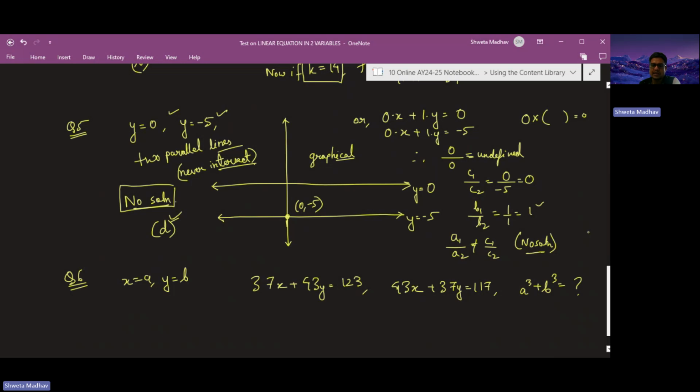So once we can add and once we can subtract. So if we add them, then we will get